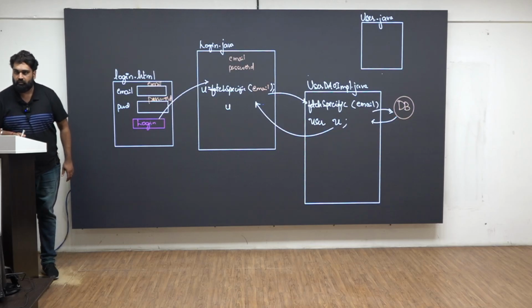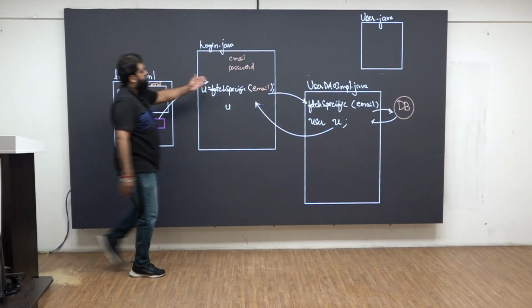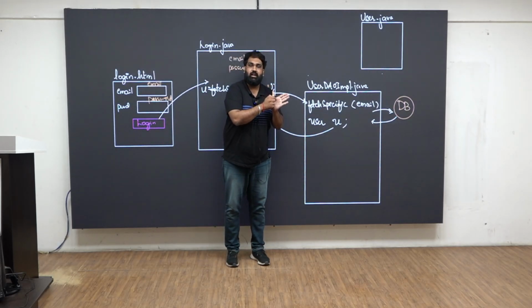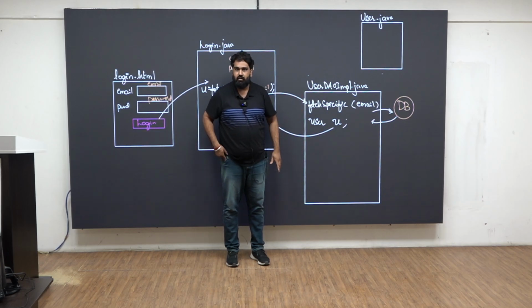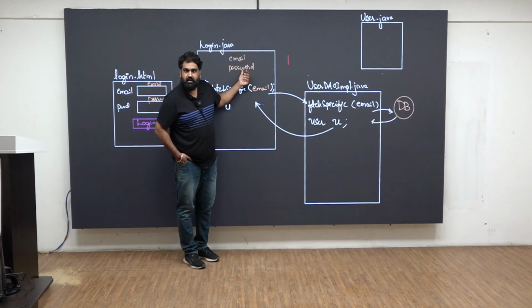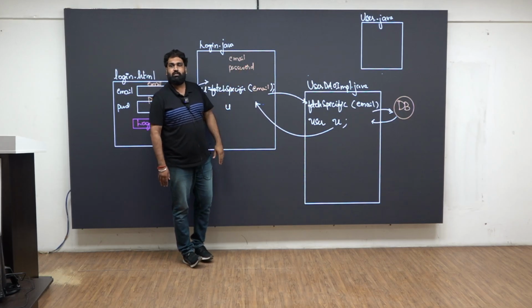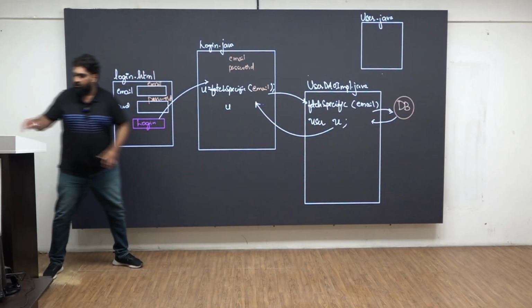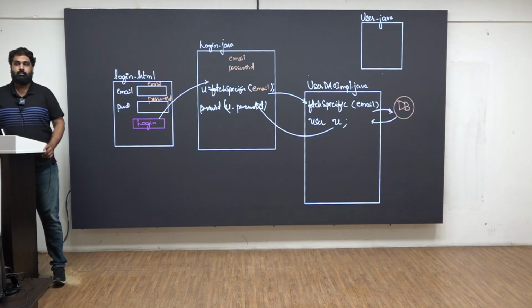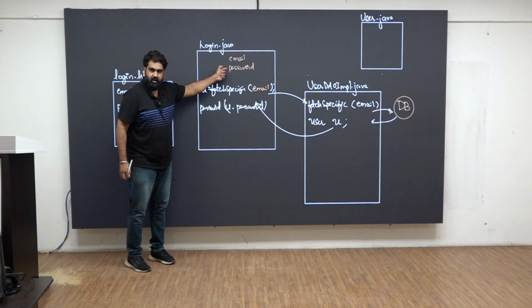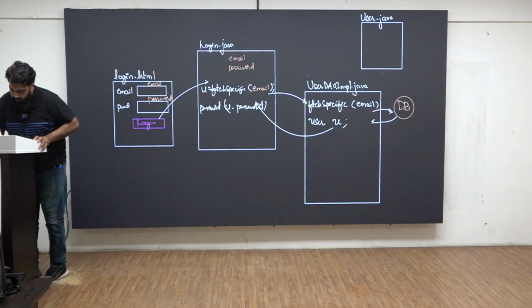What do I want to do now? Based on email, I understood, yes, data is there in the table. Now I want to see if really this data is having the same password the user has entered. Yes or no? For this, what should I do, sir? For this, I will now check if user.password matches with the password the user has entered. Whatever the password the user has entered and whatever the password that is there in the user object,